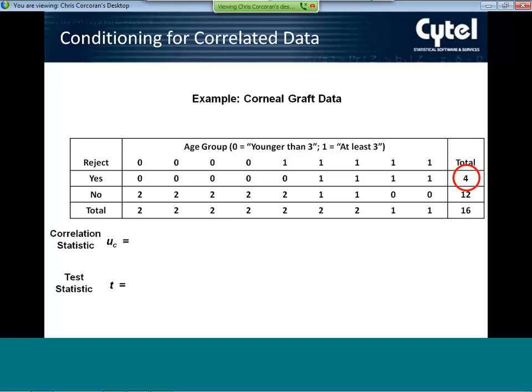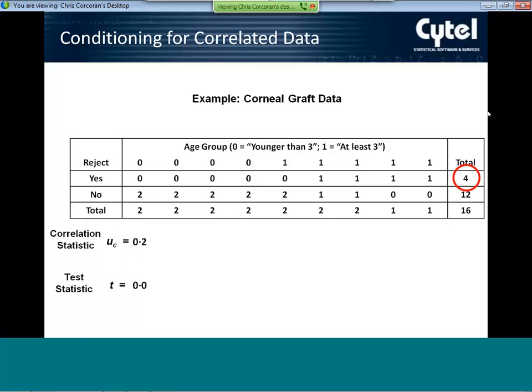This statistic here represents the extra statistic that I alluded to on the previous slide that allows us to account for the correlation. So in addition to freezing the margins of this table, the column and the row margins, we also consider this statistic. Now, what is this statistic? It turns out it's the sum over all of the children of the product of the number of rejections for each child times the number of no rejections. So,